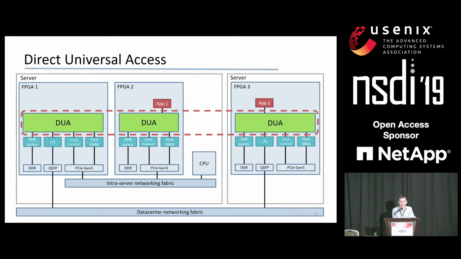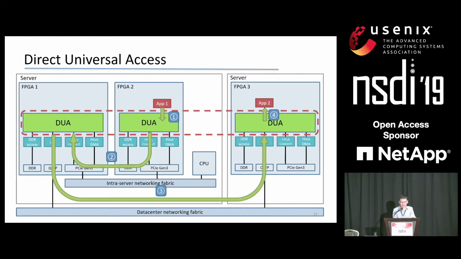To address these problems, we propose DUA. I first use an example to show how DUA works. In this example, application 1 wants to send a message to application 2 on a remote server's FPGA. It first sends the message to DUA on FPGA 2. DUA system finds that this FPGA board doesn't have an Ethernet port. It will forward this message to FPGA 1 in the same server through PCIe. And then DUA will forward this message to FPGA 3 through Ethernet. Finally, it can reach